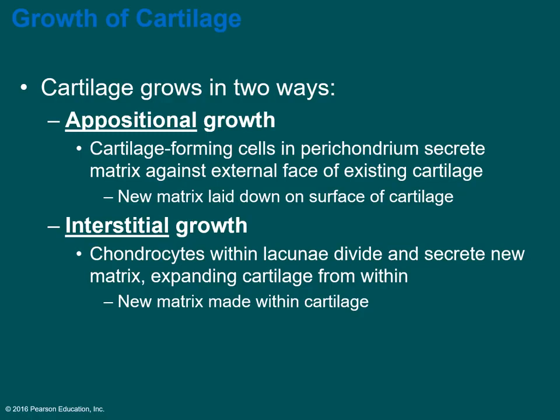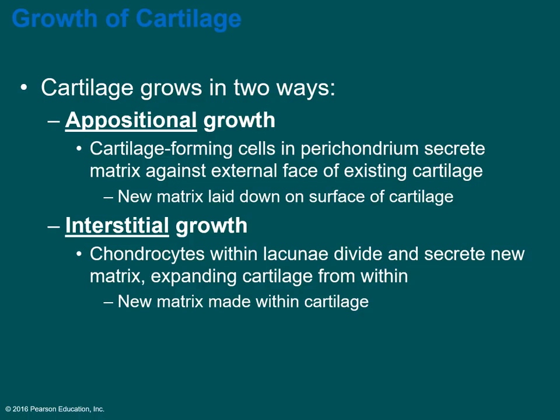So cartilage can grow in two ways. It can grow by appositional growth or interstitial growth. Appositional growth is when the cartilage is growing, and we see this with bone growth as well. Appositional is when you're on the exterior surface and you're laying down new matrix on the surface. So it's like you're growing outward in diameter. Interstitial growth is when those chondrocytes that are in those little lacunae, which look like little open vessels, will divide and